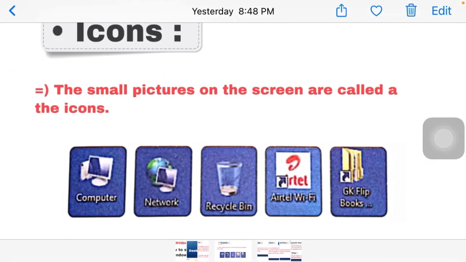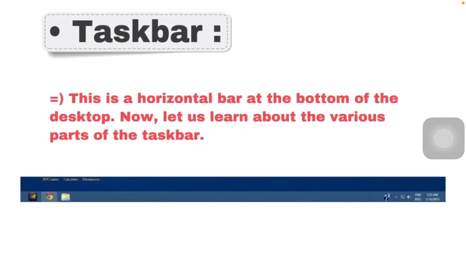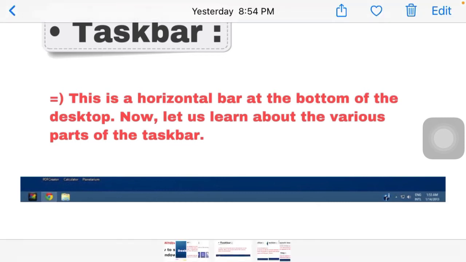Now, an icon means a small picture on the screen; they are all called icons, as I told you. Now what is the taskbar? The horizontal bar at the bottom of the desktop is called the taskbar. What is a horizontal line? A horizontal line means the width line.